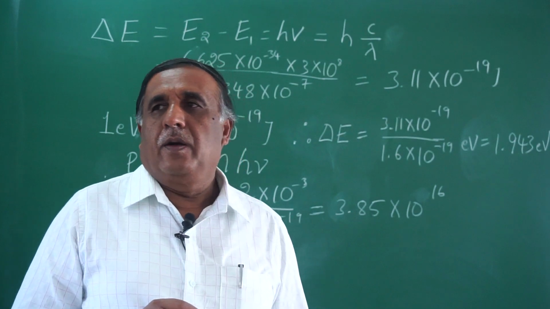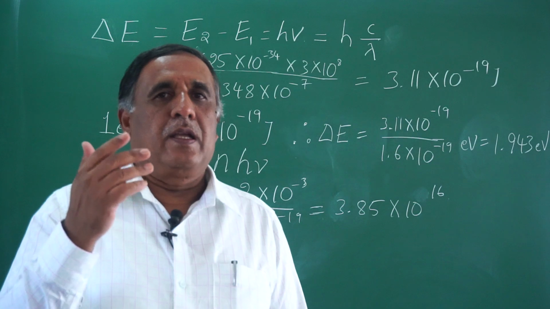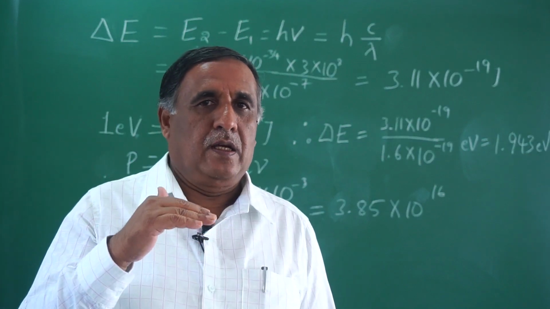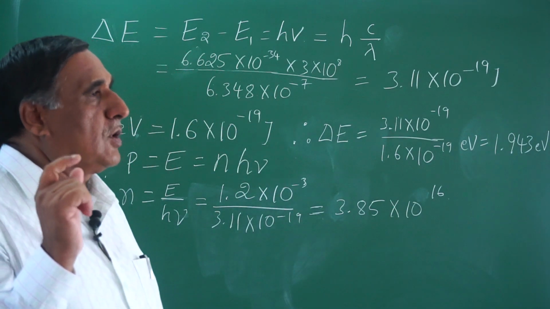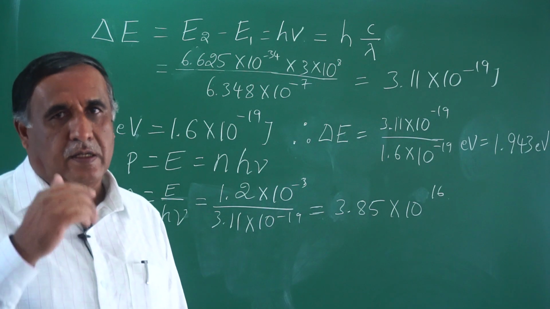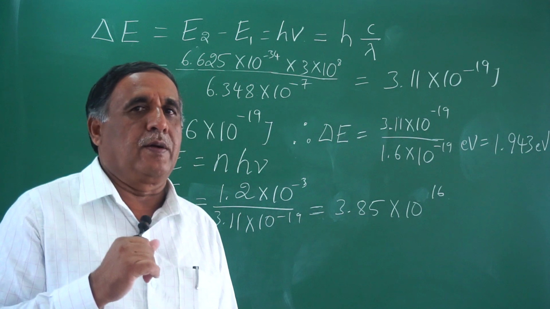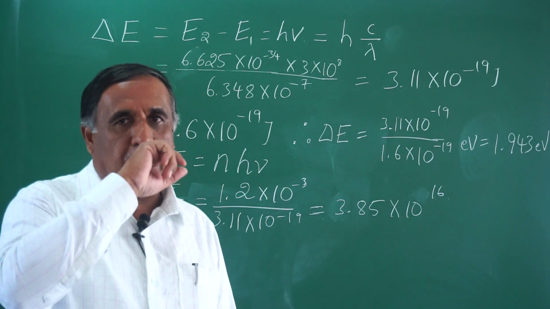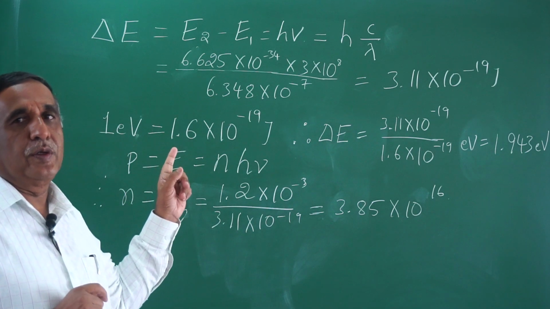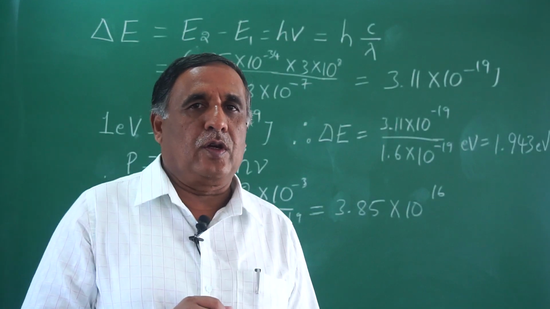Radiation is emitted when an atom jumps from a higher energy level to what? Lower energy level. Here E2 is the higher energy level energy, E1 is that of the lower energy. The difference energy appears as electromagnetic radiation. Whenever the transition takes place from the higher energy level to the lower energy level, and nu is the frequency of the radiation emitted, then E2 minus E1 is equal to h nu. Again nu is equal to c by lambda.